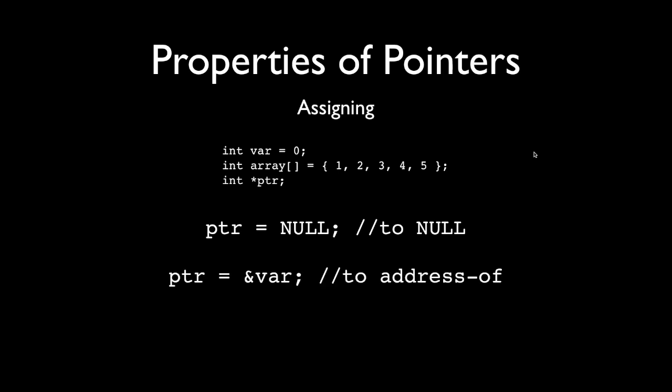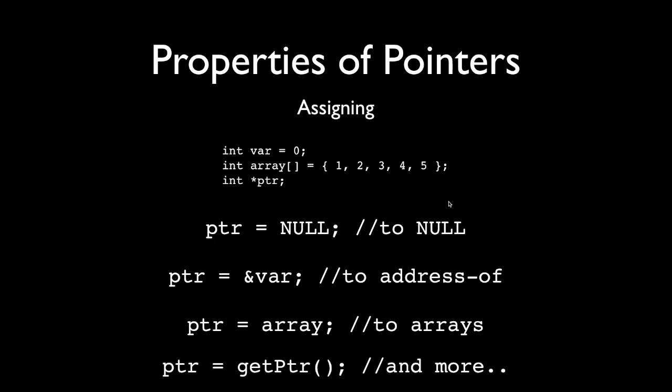You could set the pointer to, like I showed you in that first example, the address of. That ampersand is called the address of operator. You could set a pointer equal to the address of a variable, or to reference the variable. So pointer will now reference var. Or you could set it directly equal to an array. And notice there's no ampersand there. And I'll explain that later. But by default, the name of an array is a reference. Remember, passing arrays by reference. So if you just set a pointer equal to an array, you have a reference of that array. It's almost like having another name to point to it.